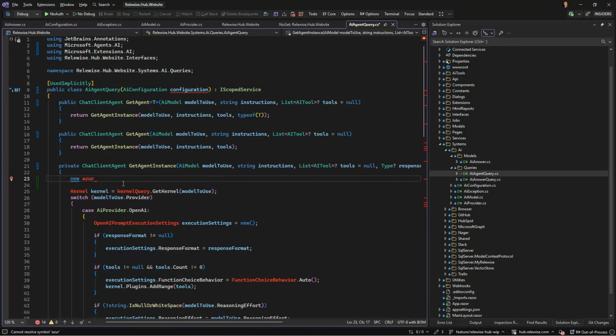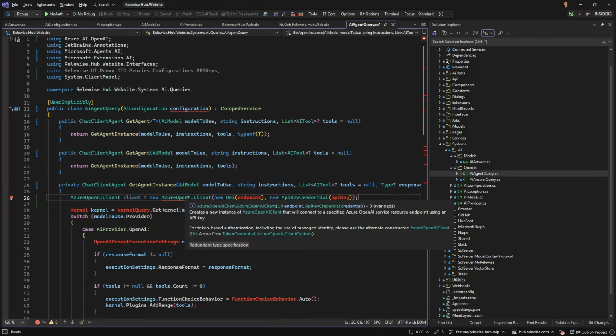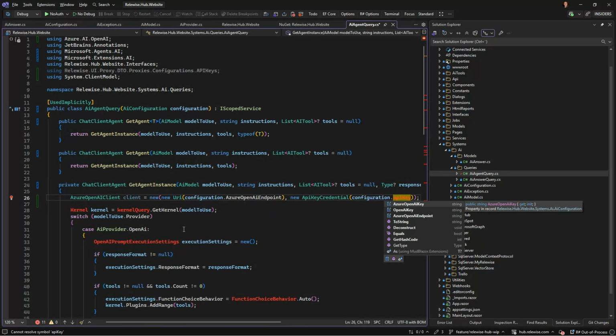Doesn't matter for this. Let's see if we can get one of these. We can. No, we can't. Why is this? Oh, it's my AI rule. Oh, it is a config rules that make this a little bit different. So configuration dot open.